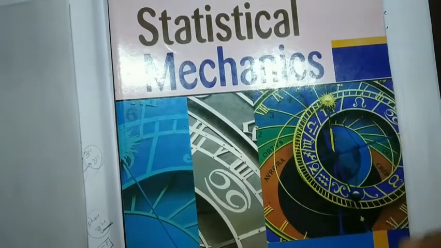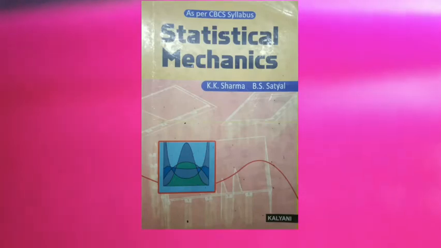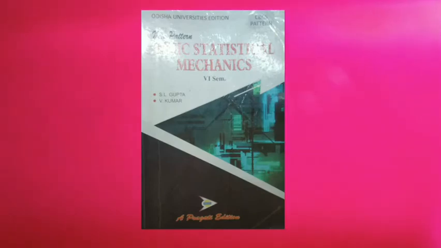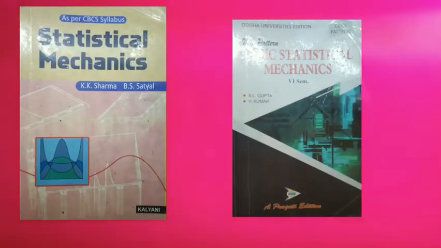That is whatever I told. And here also you can refer to the KP book, that is Statistical Mechanics. This is the front page of the book, and the Basic Statistical Mechanics belongs to Pragati Prakashan. You can also refer to it. These two books are very good from your exam point of view. In short, they have covered your syllabus in detail, as per your syllabus. These two books, KP and Pragati.